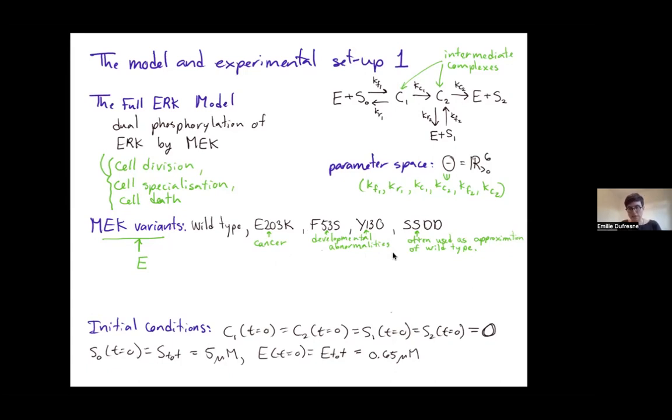The final one, SSDD, is a synthetic one that's often used as an approximation of wild type. Then I've got my initial conditions. I start only with some of the S0, 5 micromole, and some of the E, 0.65 micromole. Assuming mass action kinetics, I can turn this chemical reaction network into a